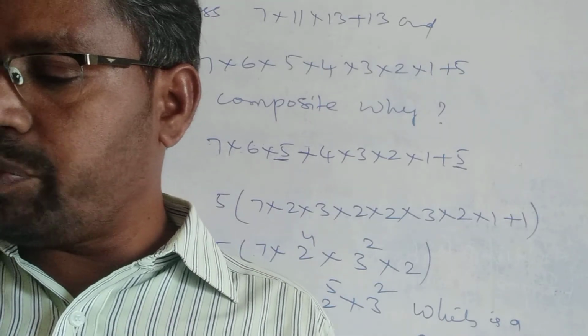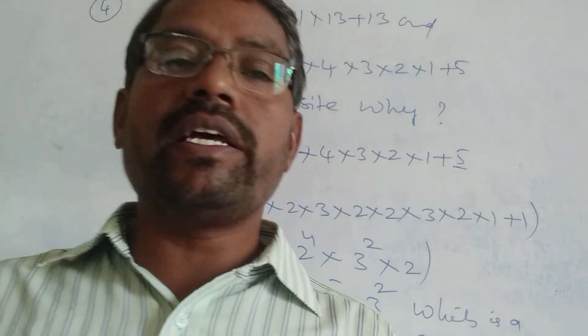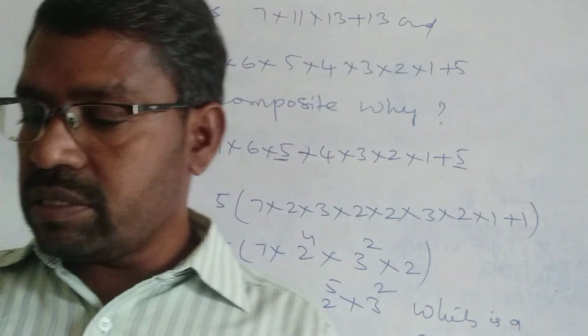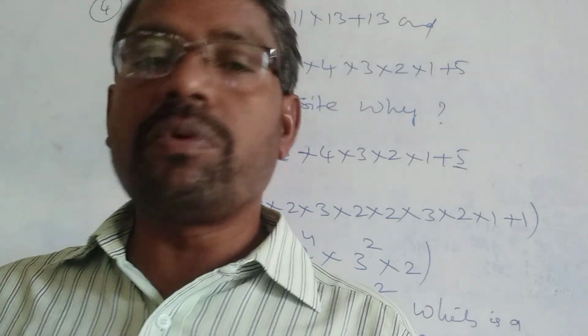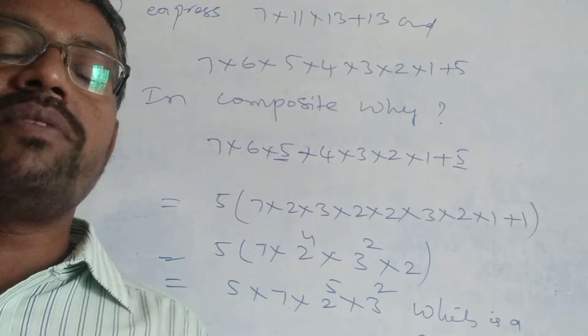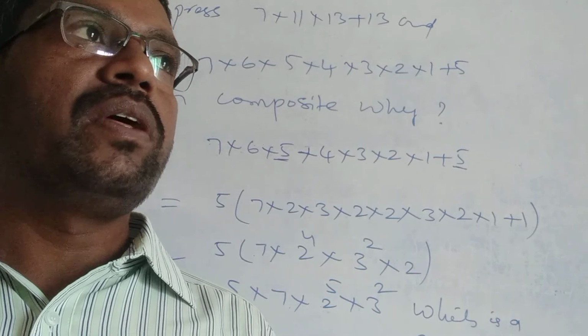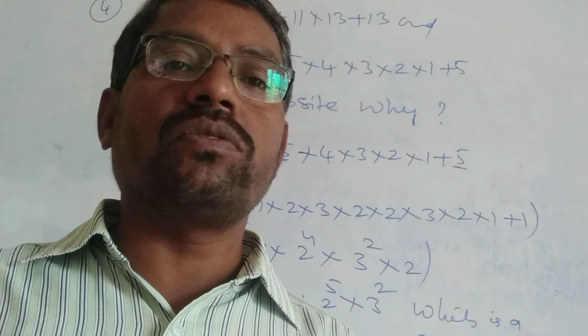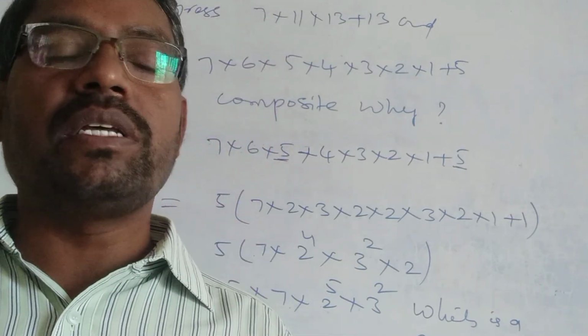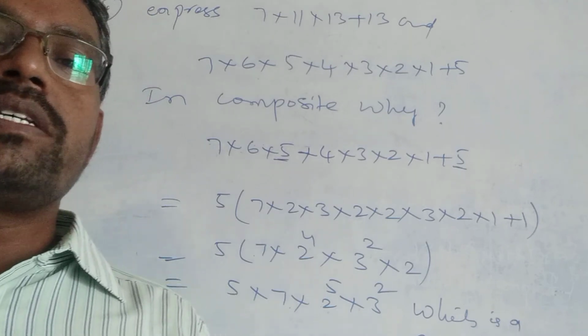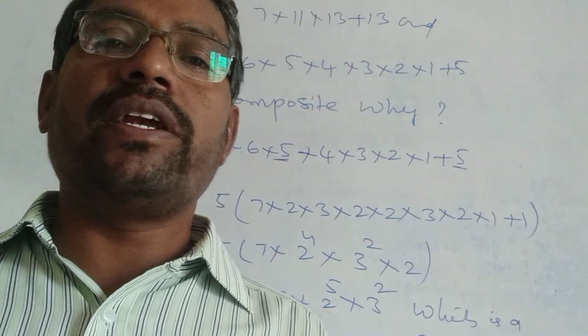Like that you have the fifth problem and sixth problem, already explained in the last class. That is, what is the last digit of 6 power 100? The last digit of 6 power 100 is again 6. The product we can express in the form of 6 power 1, 6 power 2, 6 power 3, like that. Any number you can raise to the 6, and you will get it now.